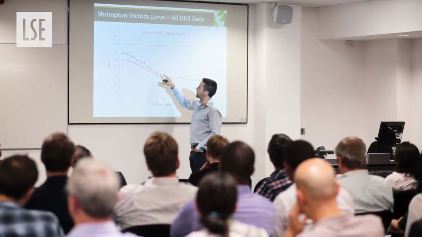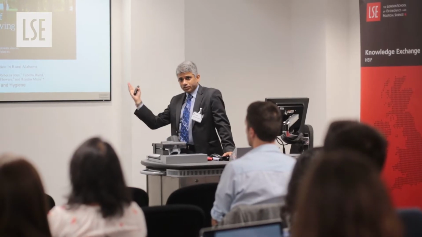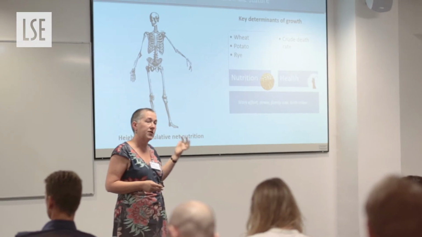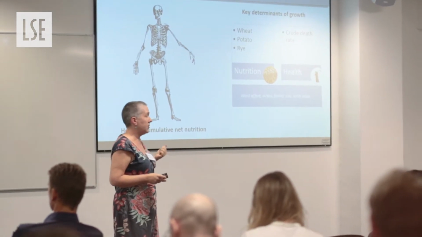So last September, we held a conference at the London School of Economics with academics and policymakers and other people influencing policy around the world to discuss child stunting. Child stunting occurs when children have poor nutrition or suffer from chronic disease and don't grow as quickly as we would expect, mostly under the age of 5. And so we use the percentage of children who are too short for their age, under the age of 5, as a proxy for their malnutrition.